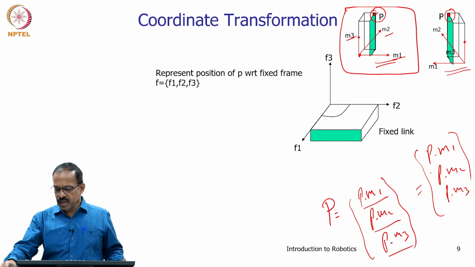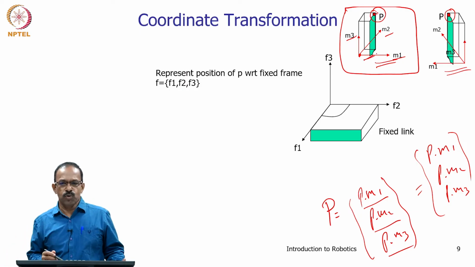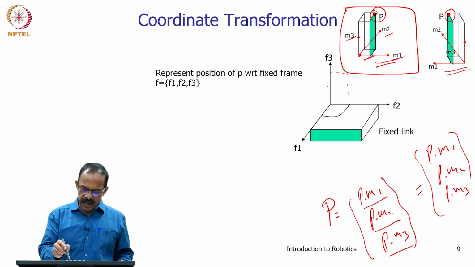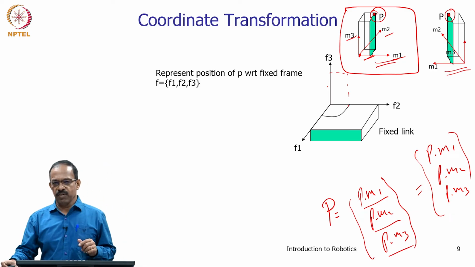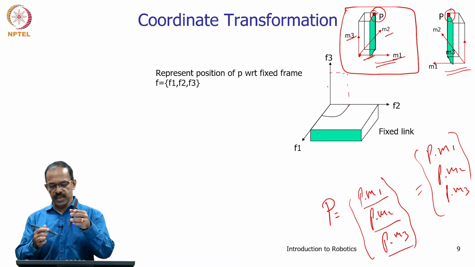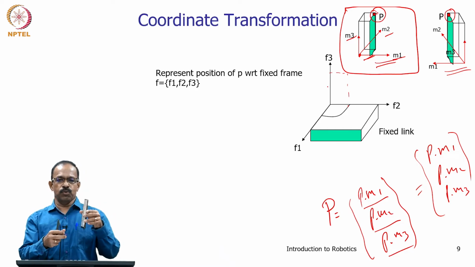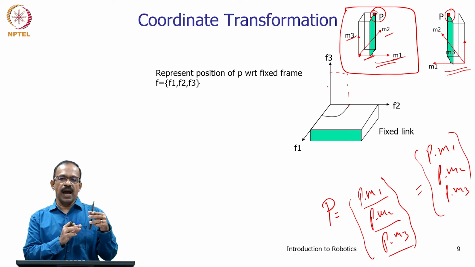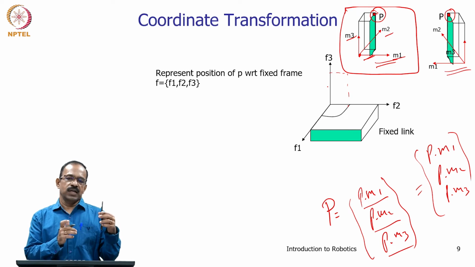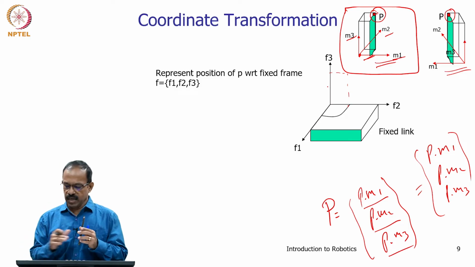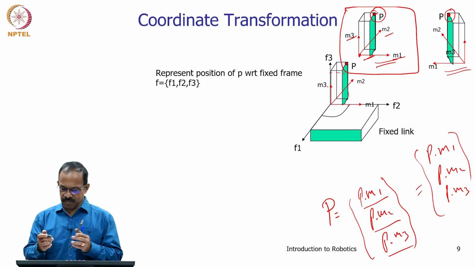Now, we assume that we place the object in a fixed frame. I will say that the fixed frame is this one. I will assume that there is a fixed frame with respect to my body or the room. Initially, I am aligning this object with the fixed frame such that the axes of the mobile frame and the fixed frame are aligned. That is, I am placing it like this.